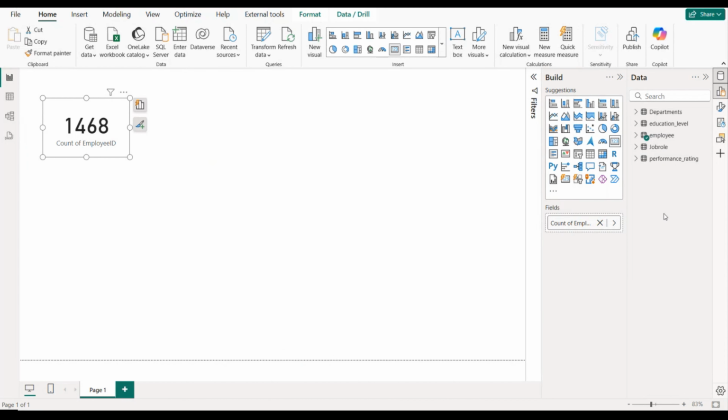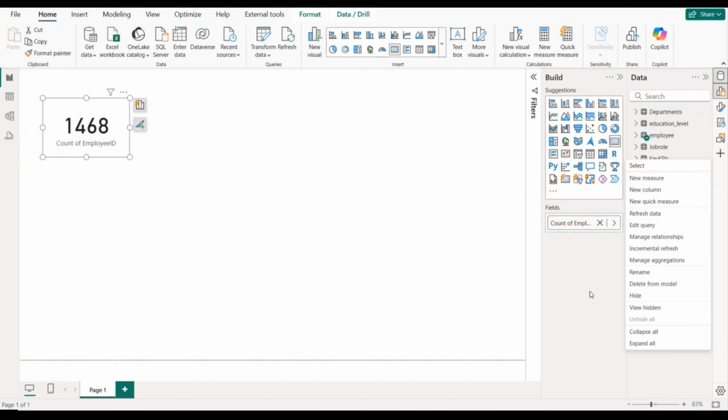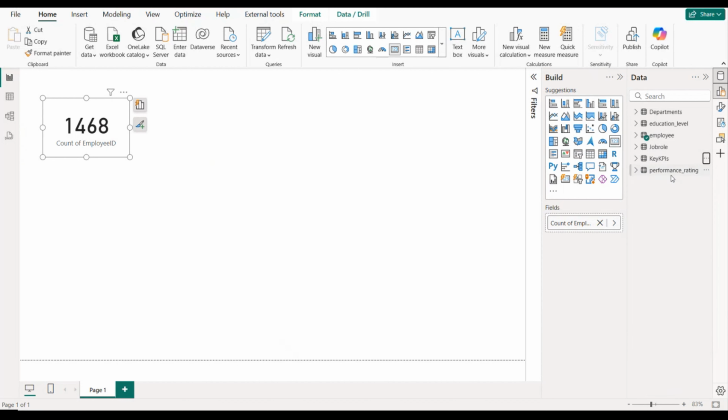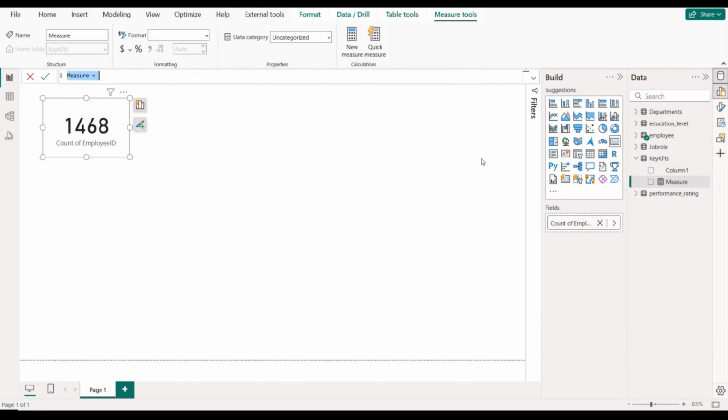Once I load it, it will create a table here. This table looks like a regular table until I start adding measures. So if I click on these three dots beside it, it will bring this option, New measure. Once I click on new measure, it will open what I call the calculation field, and it asks what is the measure you want to write? So if I change it and say number of employees, number of employees is equal to,